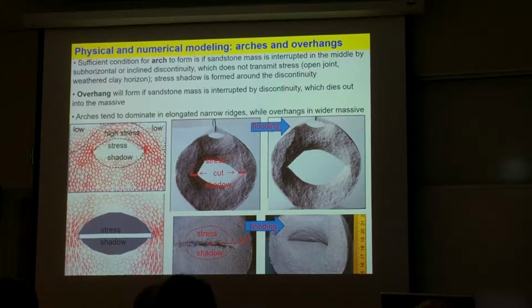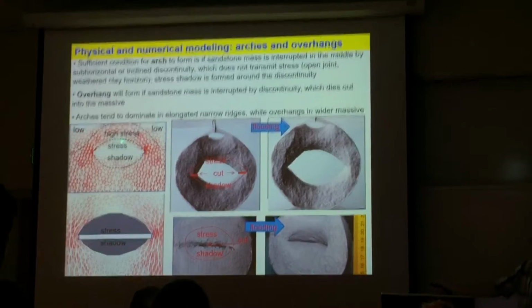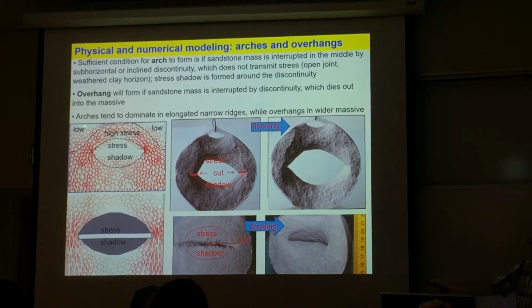only need to have a discontinuity, either horizontal or inclined. And it is very nicely visible on this slide, which shows the results of numerical modeling of the stress. Imagine a block of this shape, which you cut across in the middle. So this is the discontinuity. It could be 1 millimeter thick only. The stress cannot pass across, so the stress instead goes around and creates a high stress arch. Whatever is in red is high stress. Whatever is in blue is low stress. And you have a low stress zone here, a low stress zone here, and a low stress